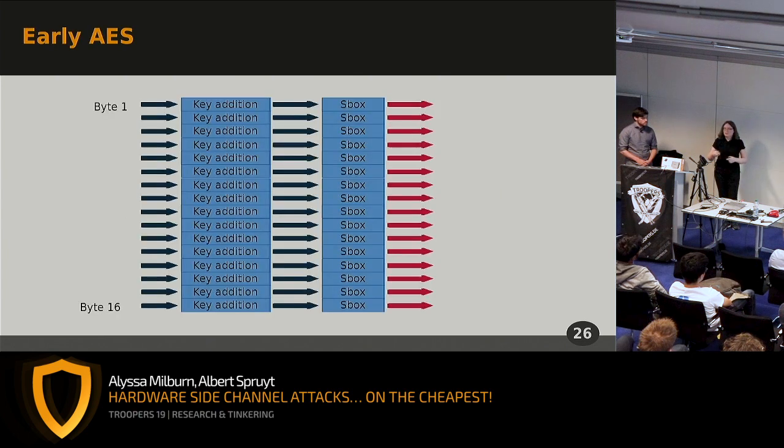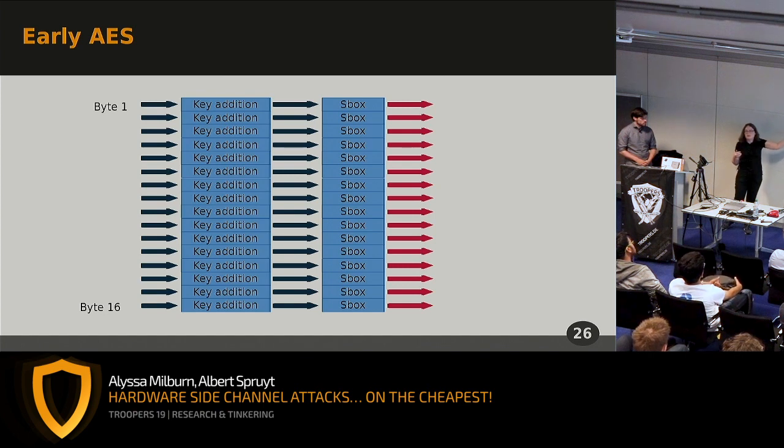So if we zoom in to the start, what happens at the start of AES? Well, for byte 1, there's this stage called key addition, where you do an exclusive OR of the first byte of the incoming data with the first byte of the encryption key. And then we go through an S box. For the second byte, we do key addition with the second byte of the key, and then we go through an S box. And the great news is, for this stage, that means that we can look at it byte